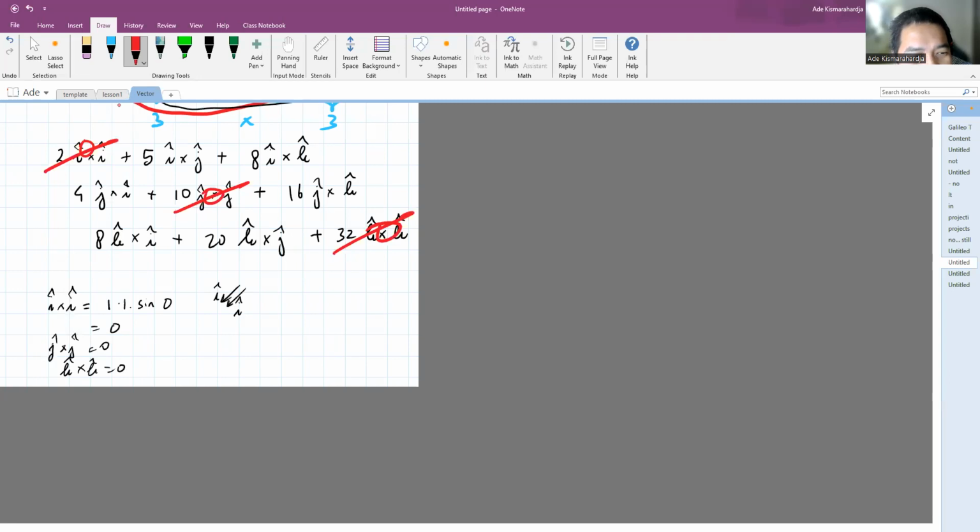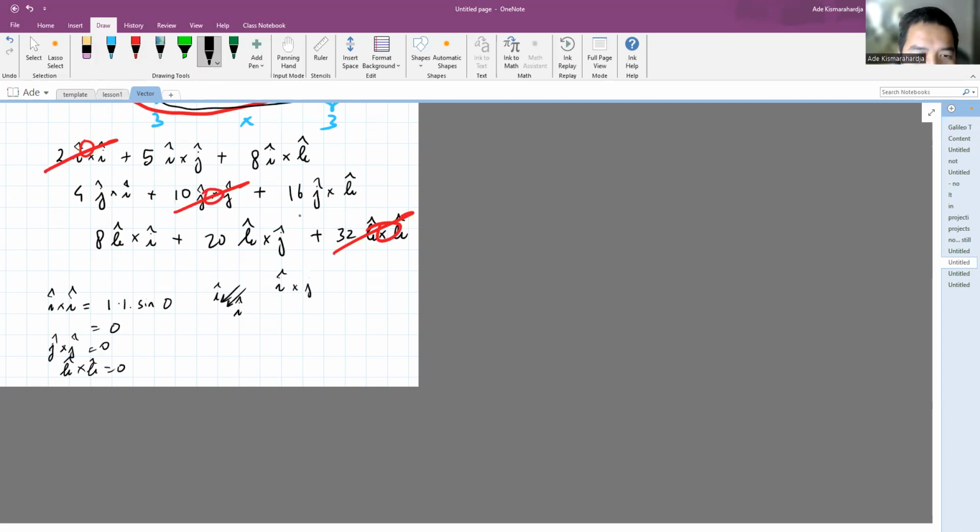I cross I is 0, and then J cross J is 0, and then K cross K is 0, yes? Now, what are the others? For example, I cross J. Now be careful, I cross J is not 0, because when you're trying to calculate the magnitude of this,